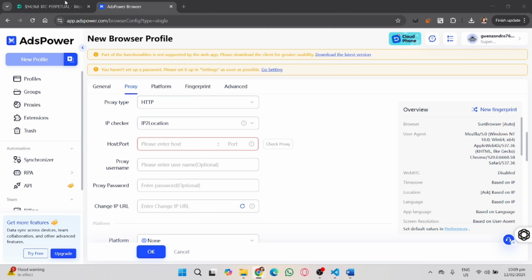So to make sure everything is working correctly, we'll need to launch the profile with the newly added proxy and then visit a website like whatismyipaddress.com to check if your IP has changed, and then if your proxy is active and displaying the correct location, you're good to go. And that's how you add a proxy in